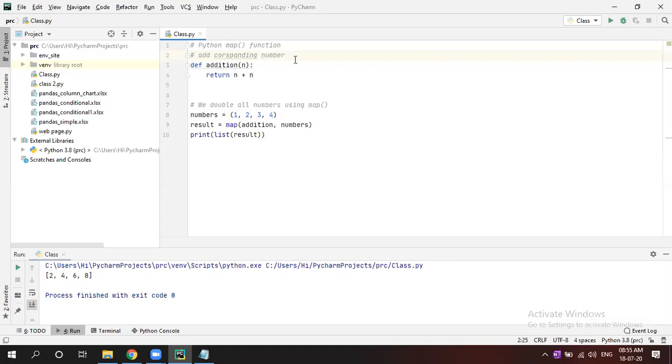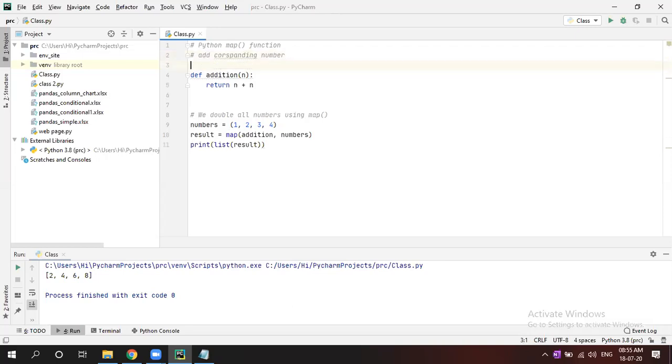So here, let's say I have a list or tuple 1, 2, 3, 4. I want 1 plus 1, 2; 2 plus 2, 4; 3 plus 3, 6; 4 plus 4, 8. So mapping, one to one mapping. In that case, how do you do it?